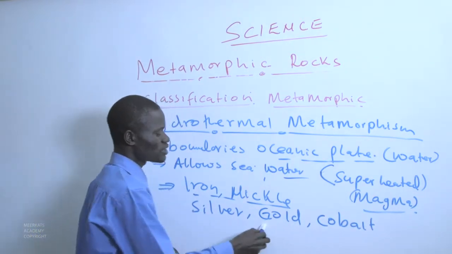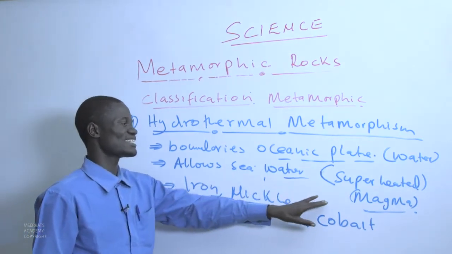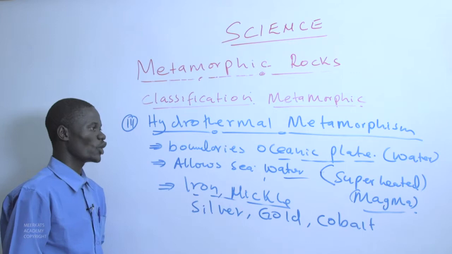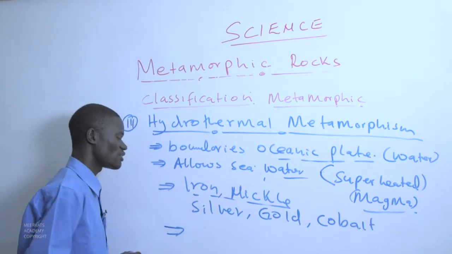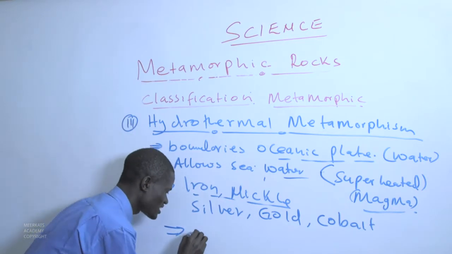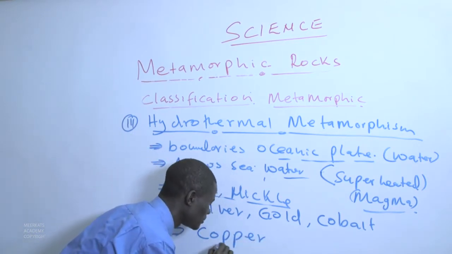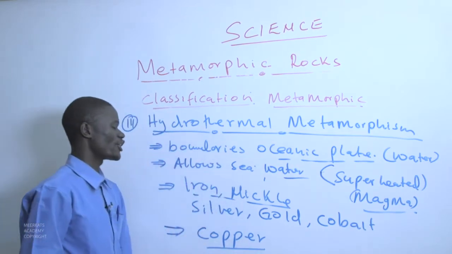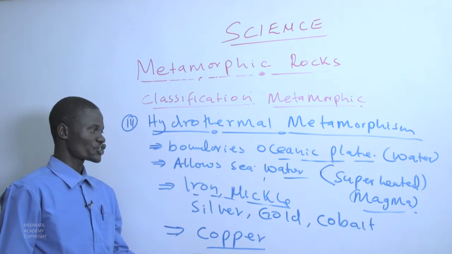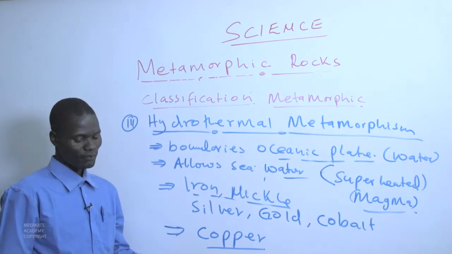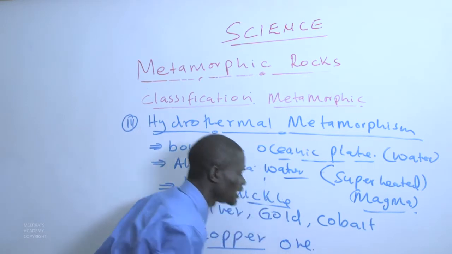Because that process works underground or in the continental crust, it will result in the formation of a new structure of a rock or a mineral that will now define the rock that we are talking about. The hydrothermal is called the copper. For example, the copper ore will be formed,